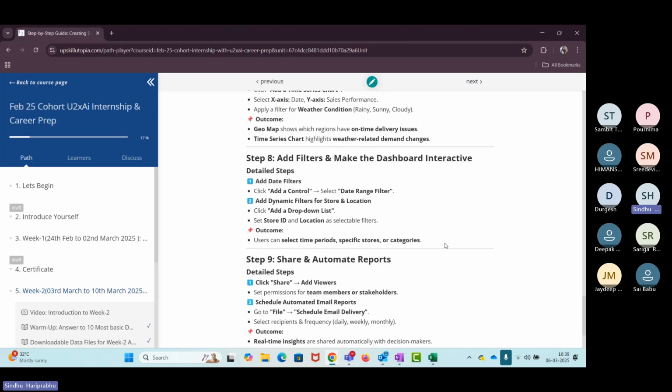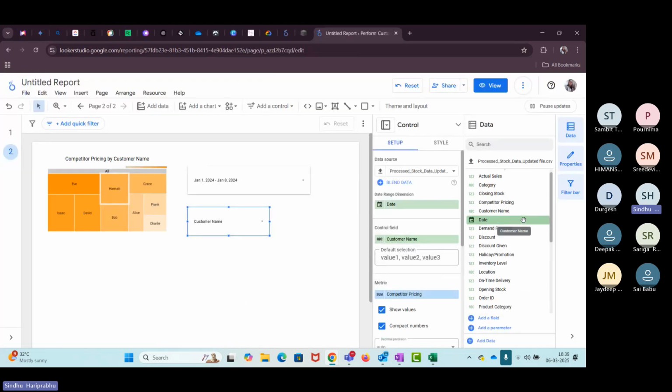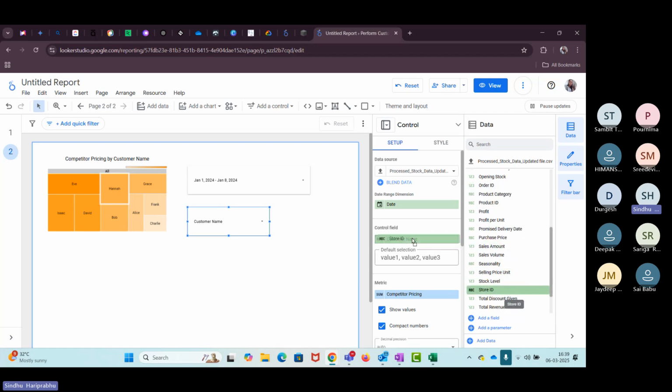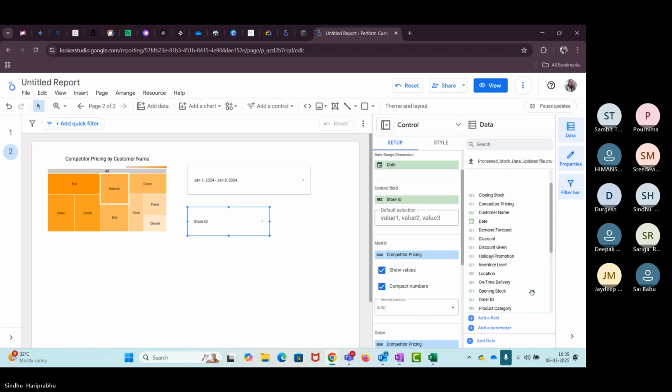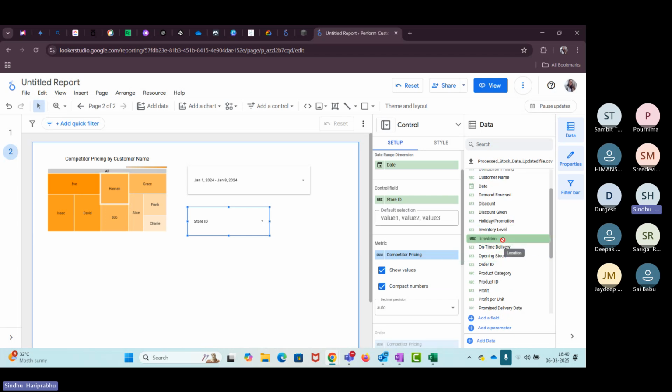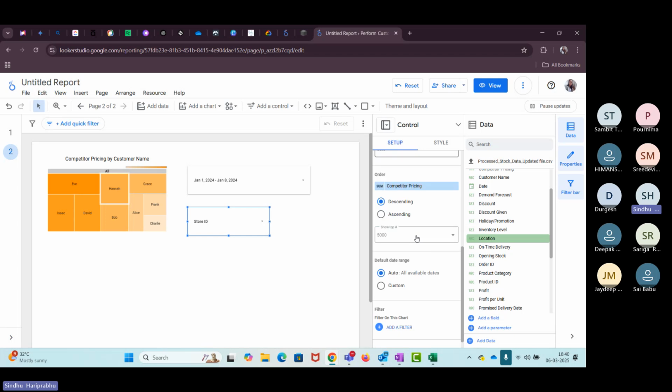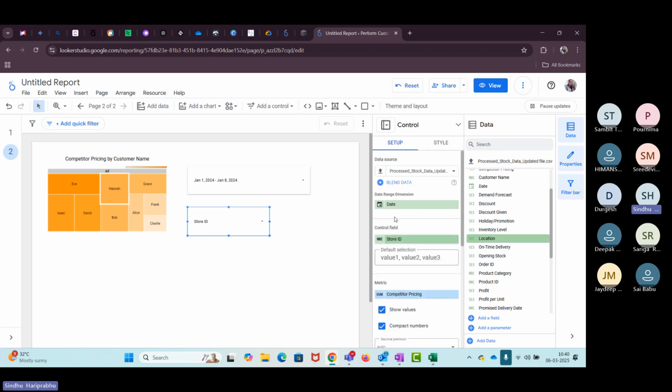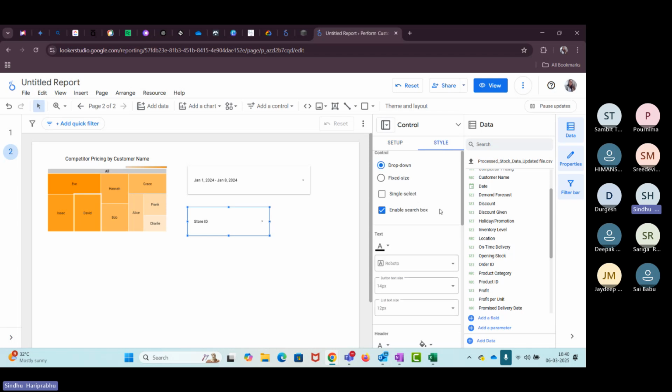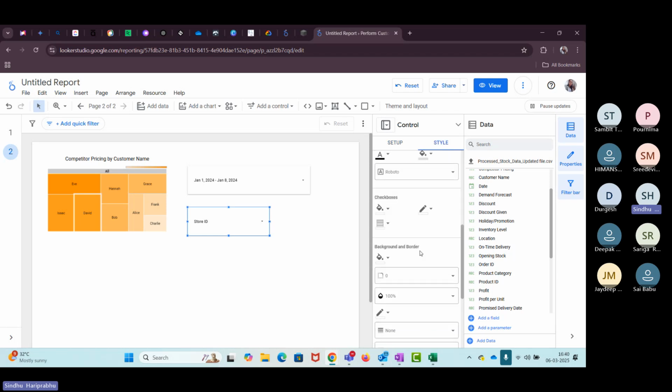So set store ID and location. Here it talks about set store ID. So give the store ID here, and a location. Okay, it is not giving me the option to add one more here, because there's no option. I can only edit. So I'm supposed to do add another box. Then you can rename this. Okay, drop down single. Okay.